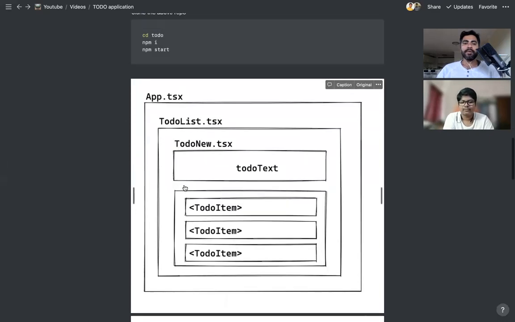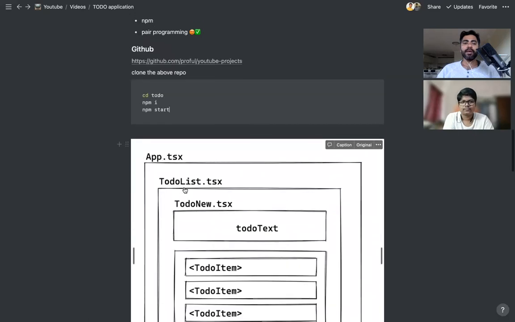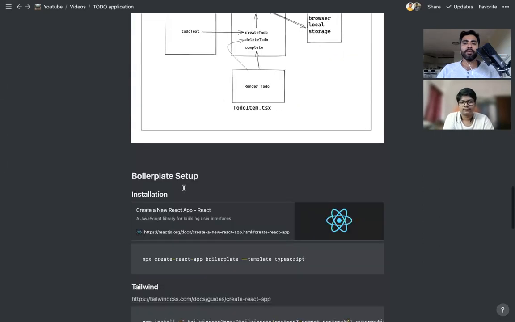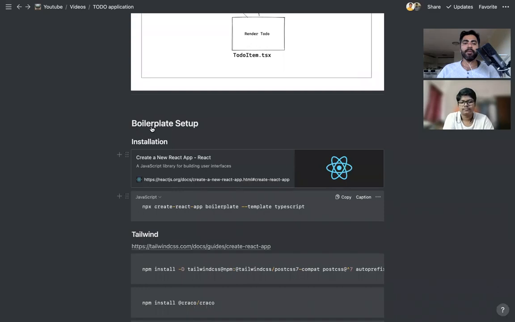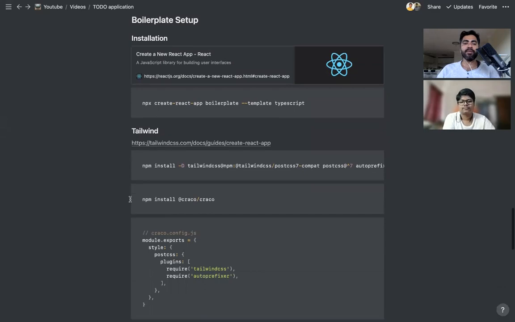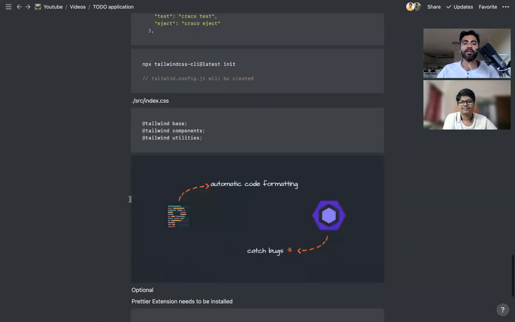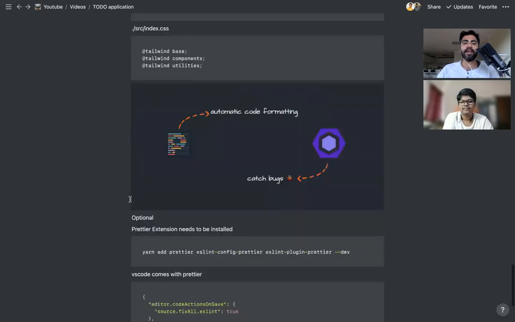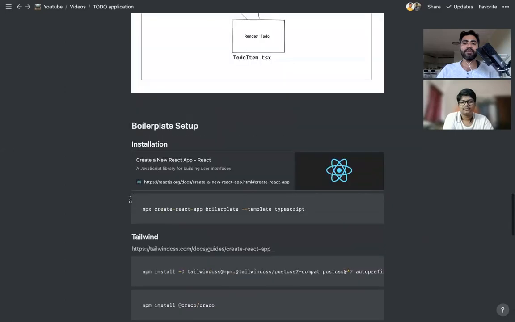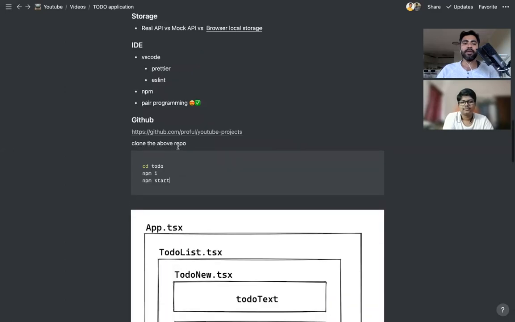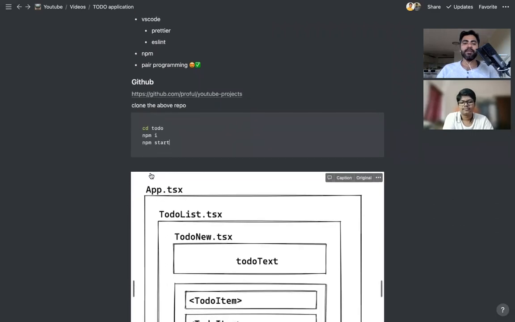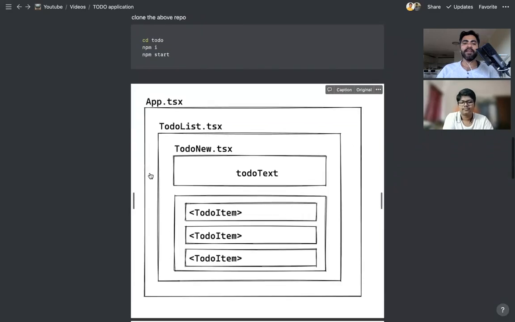Now let's discuss the application. Before we jump into the application aspect of it, we have created a boilerplate code. Initially we created a basic base setup. We will create a separate video on how we install and set up Tailwind, ESLint, Prettier and all this, but we don't want to dive into that today. We have the README file available, so all the instructions are provided in this GitHub repository. You can have a look at that. But assuming that we have the setup ready, we'll dive into the application code, how we arrange it, how we architect it,